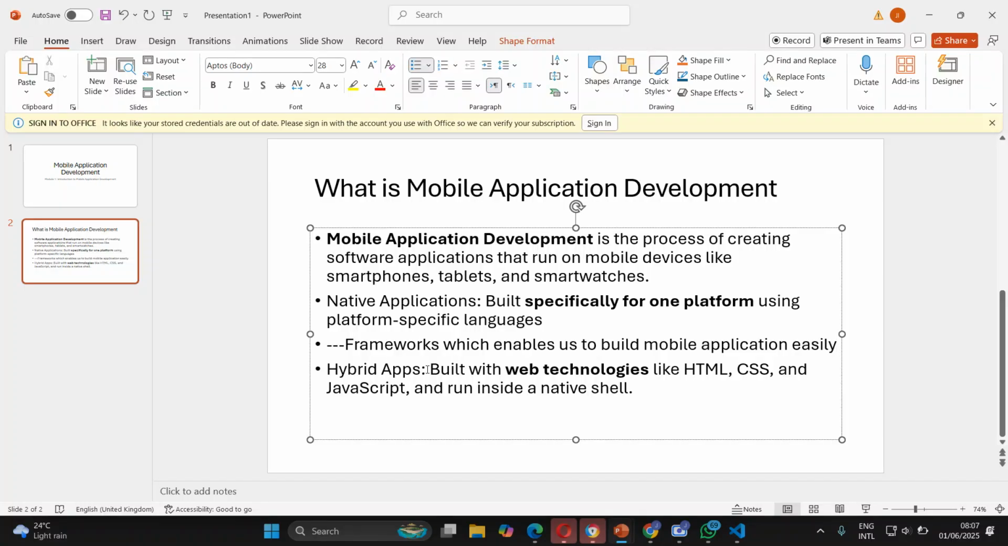The hybrid apps are built with web technologies like Hypertext Markup Language, Cascading Style Sheets, and JavaScript, and run inside a native shell, right? But as a user, you will not actually notice which one is purely native and which one is hybrid, right? I'm going to expose you to some of the popular frameworks. There are so many, but we won't mention them all. We'll mention the popular ones,